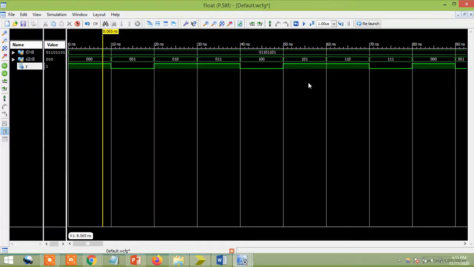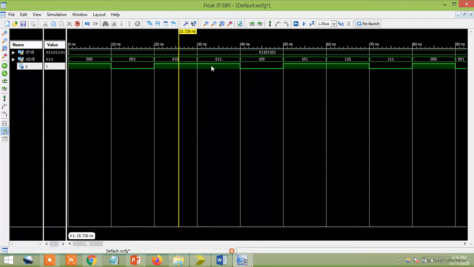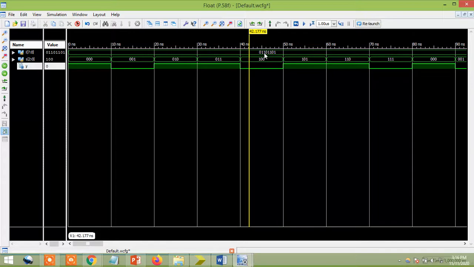Just check it out. Select lines are 0 0 0, what is the I of 0 value you have? See, you can see that 1 is appearing, that's why the output is high. Next, if select lines are 0 0 1, then the second bit 0 is coming here. Next bit is 1, when it comes to 0 1 0 it is 1, yes. Next it is also 1. Next bit is 0, yes 0. Next it is 1, yes. Next it is 1, yes. For 1 1 1 the last bit is 0, so it is 0.